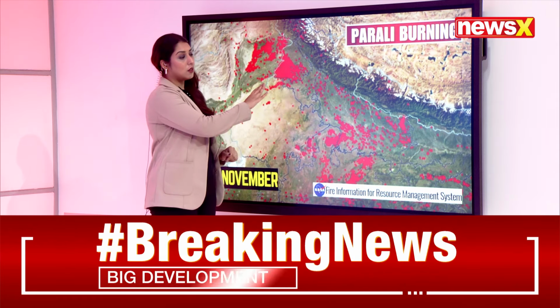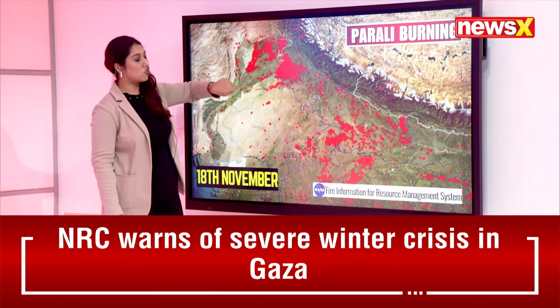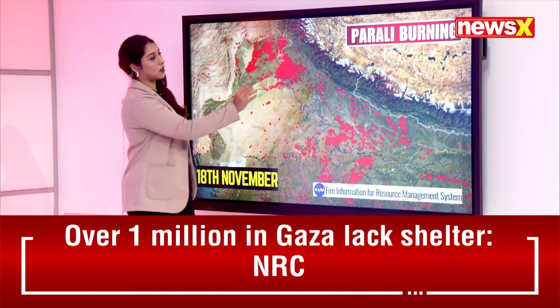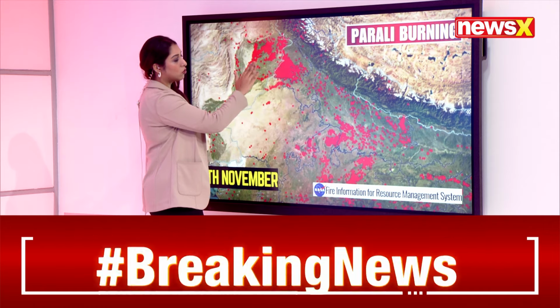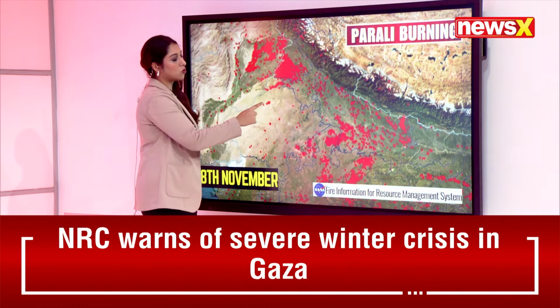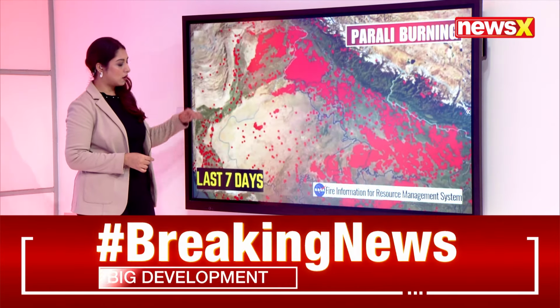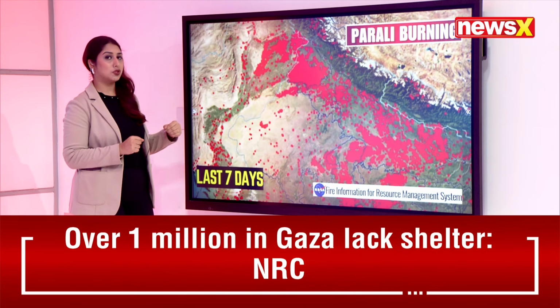Despite the stage 3 and the stage 4 of the GRAP being implemented, this is the region which is shrouded completely with pollution, and here we have the parts of the NCR region and also the neighboring states of Punjab and Haryana, where we can see this is also getting scattered. Also, if we get more pictures of the last 7 days to put it in comprehension collectively,